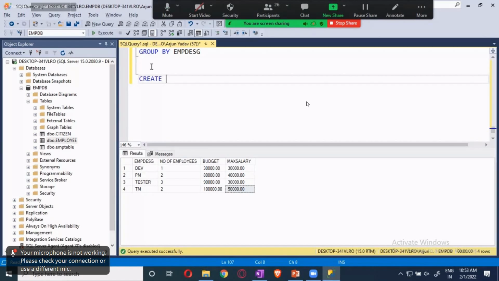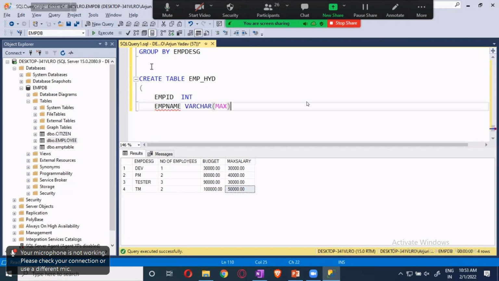Let's create a table, guys. A table like EMP underscore Hyderabad, that is, the employees of Hyderabad. Here I will keep only three columns: employee ID, which is an int, employee name as varchar max, and employee designation as varchar max again.